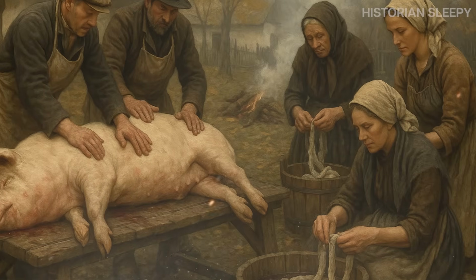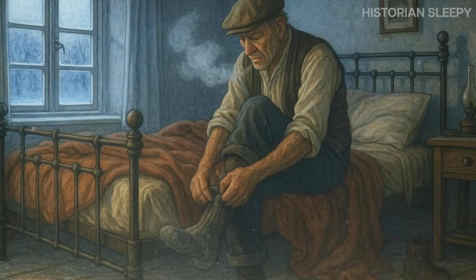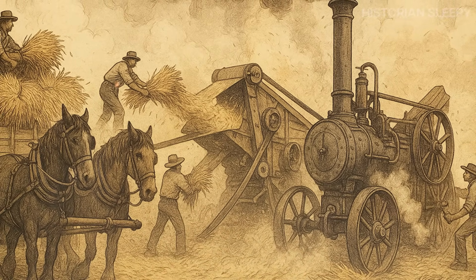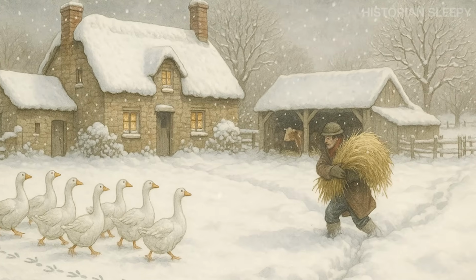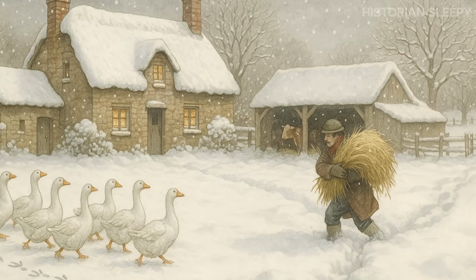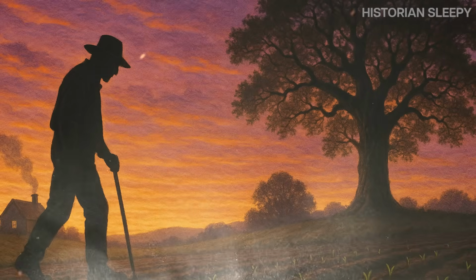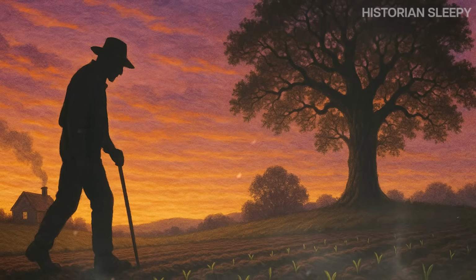"Spring," you admit, "wondering if we should try that new variety of wheat Farmer Morris mentioned. He says the yield is better." Emma smiles. "Always looking ahead, aren't you? Winter's barely started and you're already planning for planting." "That's farming for you," you reply with a small shrug, always thinking of the next season. It's true. Despite the hardships, the physical toll, the economic uncertainties, the whims of weather, there's always hope in farming. Each season brings new possibilities, new chances for a better harvest, a better price at market, a step towards security